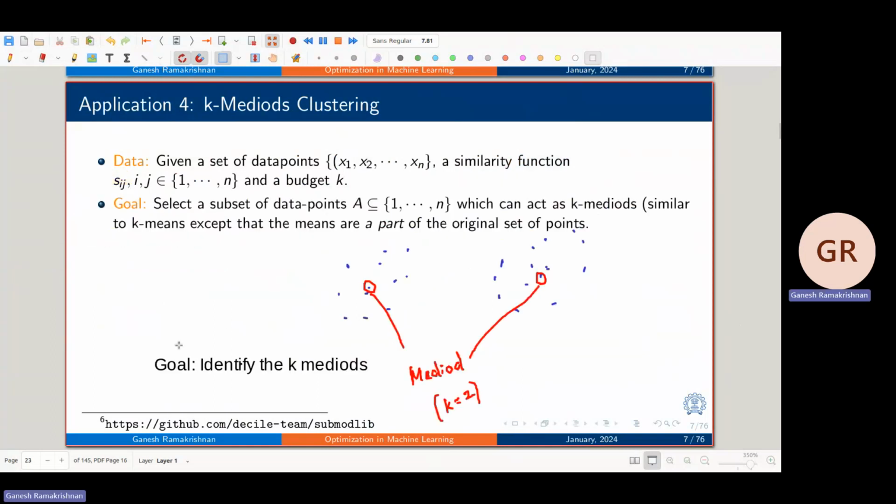Okay, so you want a subset of points that can act as a k-medoid. How do you go about solving this problem? Any thoughts? How do you write this optimization problem? Let's write it in terms of similarities. So what will I do? I will do a summation over